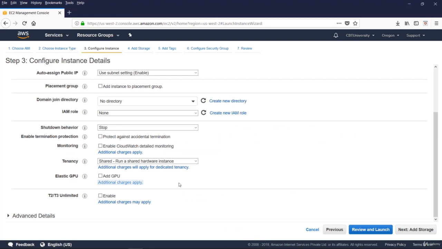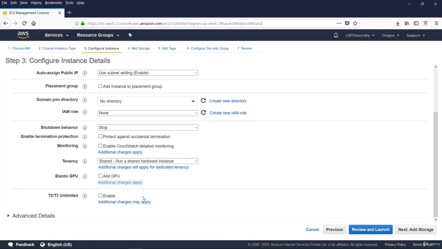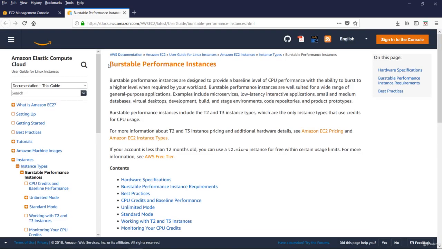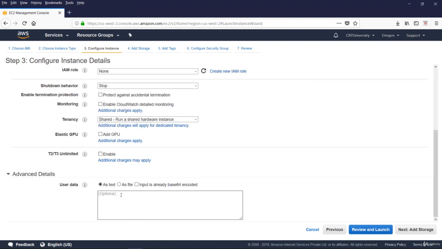If you want GPU support and 3D acceleration and graphics and high performance, you can add elastic GPUs, and charges are applicable as per your need. By default, we are using micro instance, which is free tier eligible, and if you enable this, unlimited additional charges may be applied. This unlimited will boost burstable performance. You can view the advanced details. You can enter any information like startup scripts or any other information here, and then go to the next step,